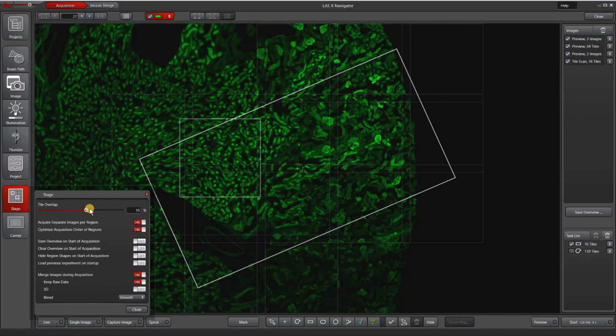However, sometimes if you have a less precise stage, let's say you're working on our motorized stage, or if your sample is particularly difficult, you may need to increase this overlap to 20% or so. Sometimes if you have highly repetitive elements that are very small and difficult for the software to match up, you may actually need to decrease the overlap so that the number of items that you're comparing do not confuse the algorithm. So that concludes our Getting Started in LASX Navigator tutorial. If you want to learn more about different Navigator applications such as Mark and Find, multi-well assays, and focus strategies, please check for more videos in this channel.